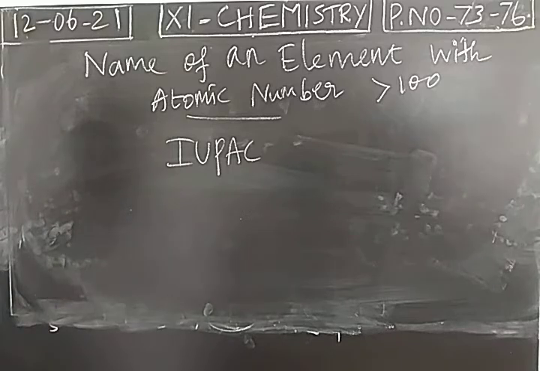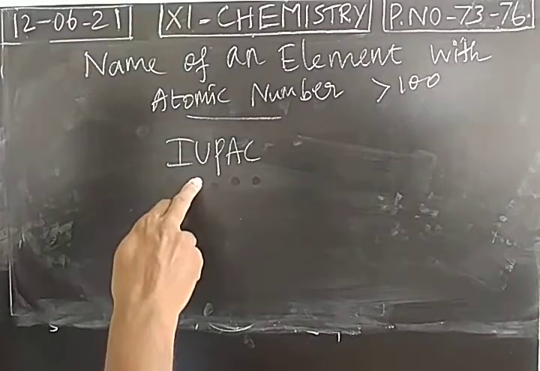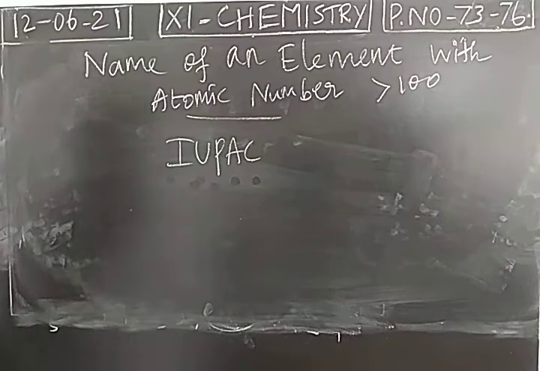Authentication is the process of analyzing the element. What is its atomic number? Who discovered that element first? Which country discovered it? What is its name? What will be the symbol? All the information will be finalized by the IUPAC. It is a worldwide organization, the International Union of Pure and Applied Chemistry. The leading scientists are the members in the organization, so they will finalize. You have to pronounce this as UPOC, not IUPAC. This is pronounced as UPOC.